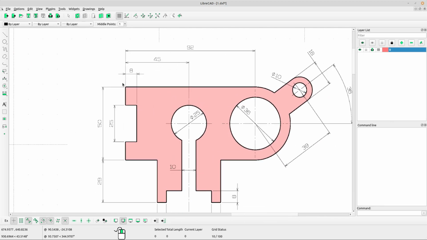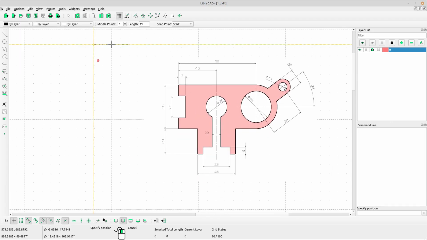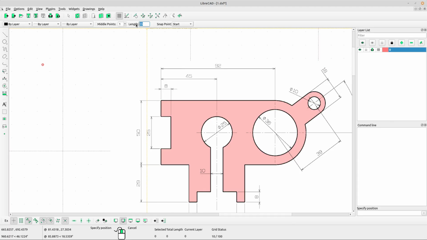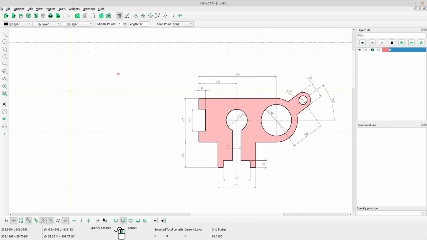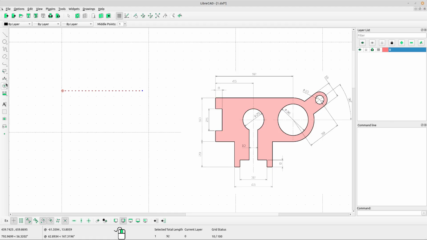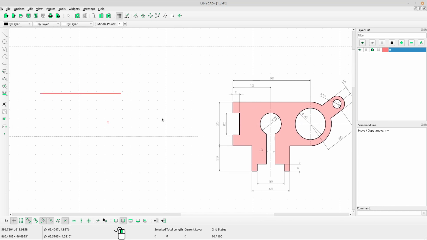Okay. I think we should start from this line. This is a horizontal line. Select horizontal line tool and type the length in the box. The length is 92. Type 92 and left click to put the line. Okay. Oh, too close. Maybe there. Yeah. And then